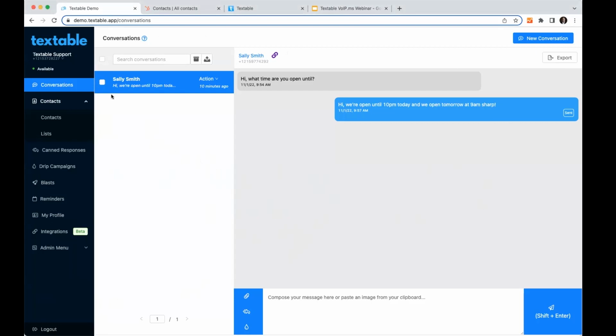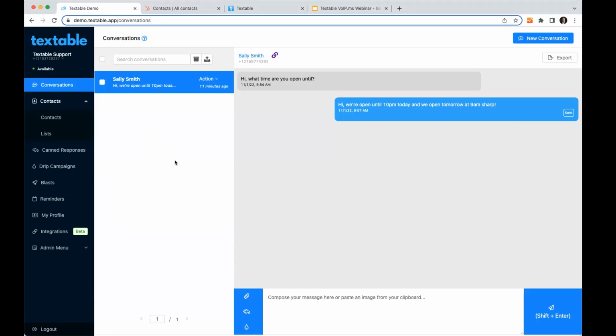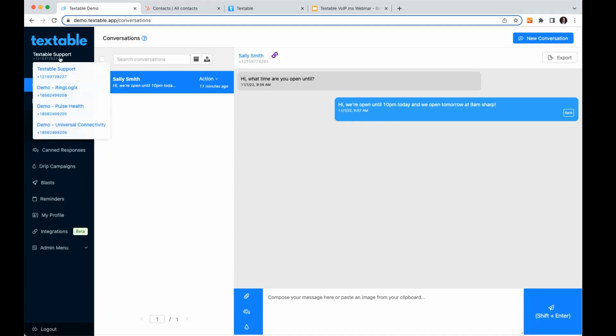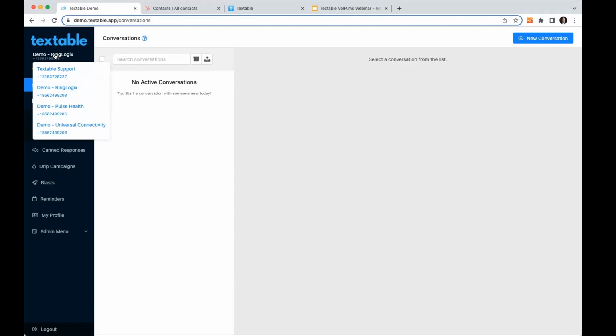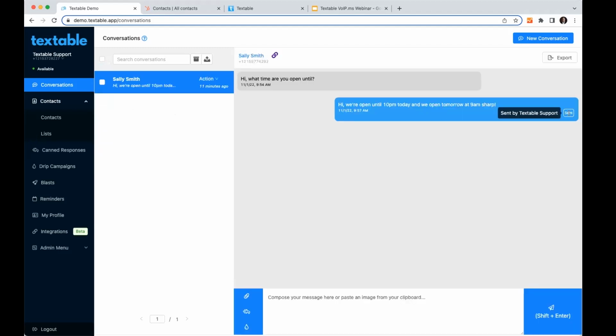First, over here on the left-hand side, you'll see our number switcher. Our number switcher is essentially where you're going to switch context of the application. What that means is if you're in an account where you've got multiple numbers shared with you, I can go ahead and switch in between, and it'll keep track of who said what while I'm inside of the conversation, even if I'm using a different number. You can see that over here. I can hover over this sent label and it gives me an idea of who said what.